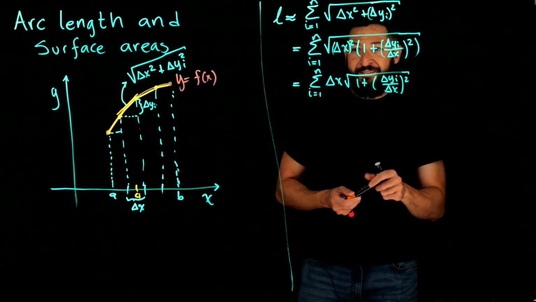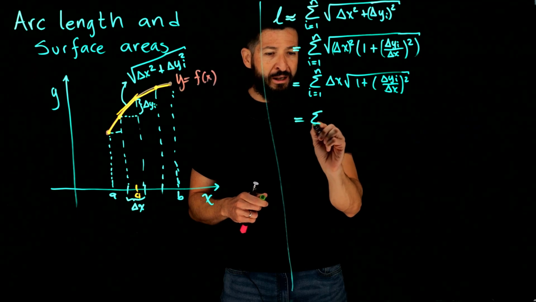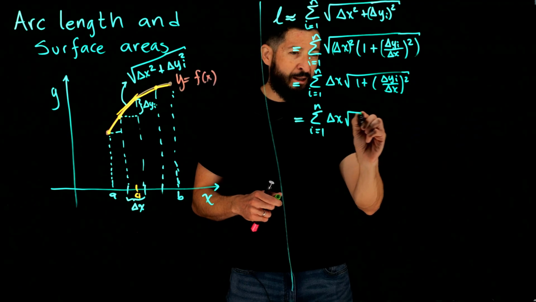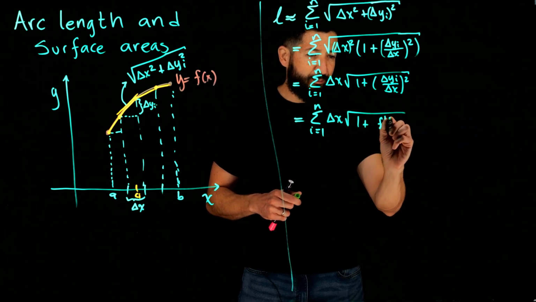So we can replace that with f prime of ci, whatever that may be. We don't care, because then we're going to take a limit and we're going to end up with an integral, as you can see now. So it's going to be f prime of ci